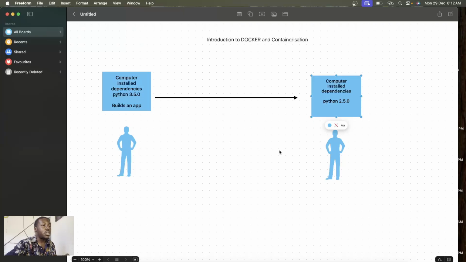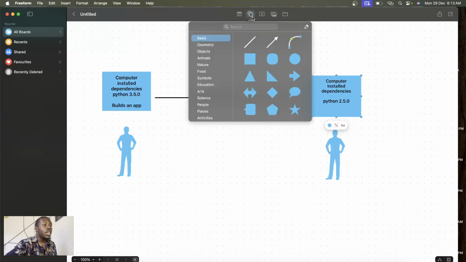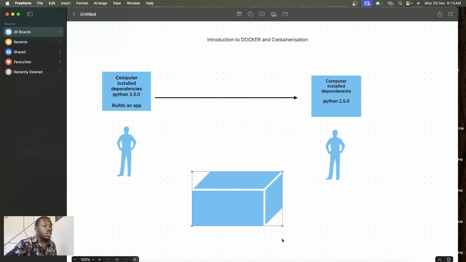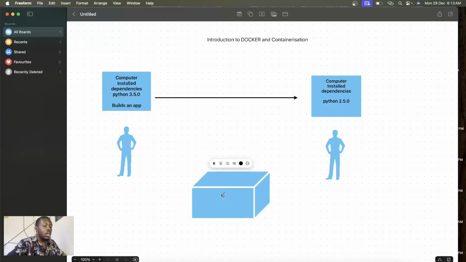How does it solve this problem? It introduced a concept called containers. This is called a Docker container. Now, Docker container, what is it? Docker container is like a server.